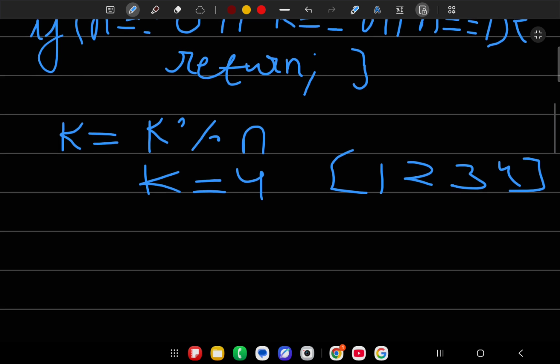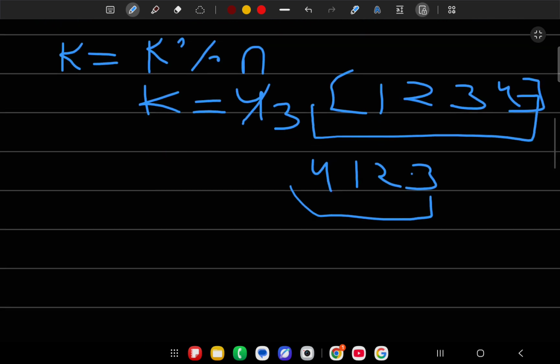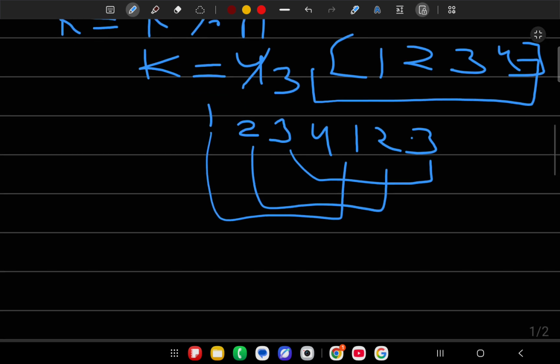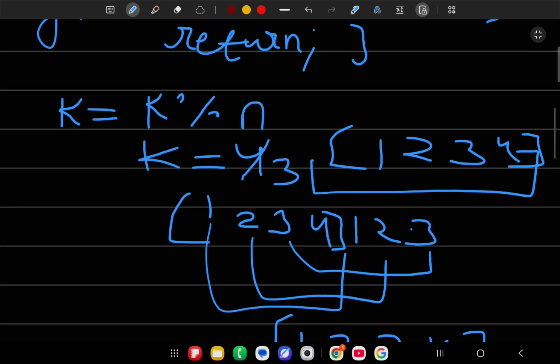Try it. We go there and get 4 1 2 3, 1 is done, again this, again this, and again this: it is 3, it is 2, it is 1. If you look, this is the same as the question we were given as a vector.